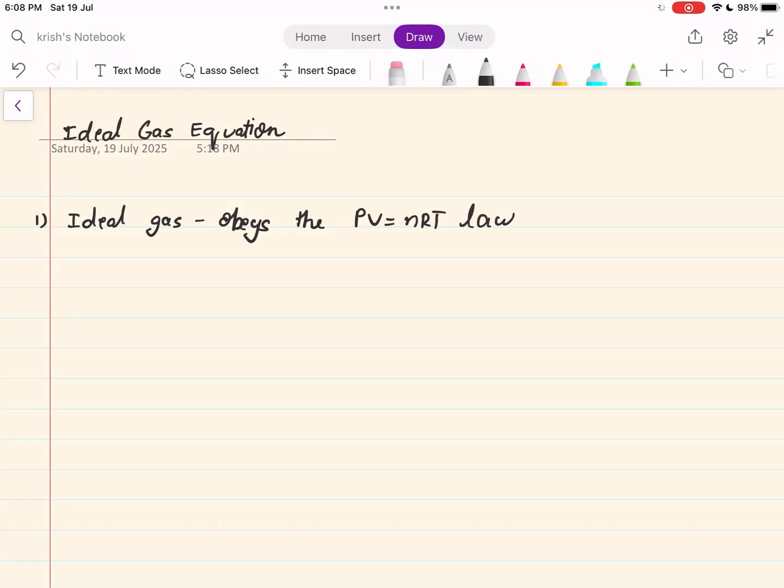Although I have to warn you that in this course, we use m instead of n because the unit of R in our thermodynamic table is kilojoule per kilogram rather than kilojoule per mole. So we will almost never use n here, we will use m only. Anyways, obeys the PV equals mRT law